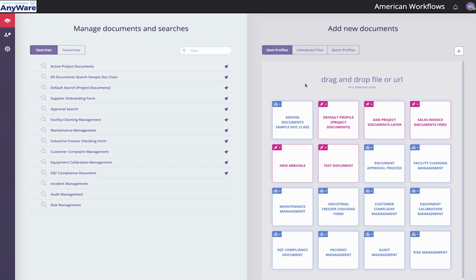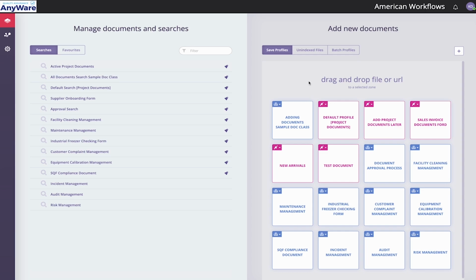All right, so as you can see on the screen, we split it into two. On the left, we have searching for information, and on the right, we have adding information. Now, within Quality Assurance Anywhere, we search using basically saved searches on the left, as you can see right now. These searches can be configured to be as general or as wide as you like. And then on the right side,